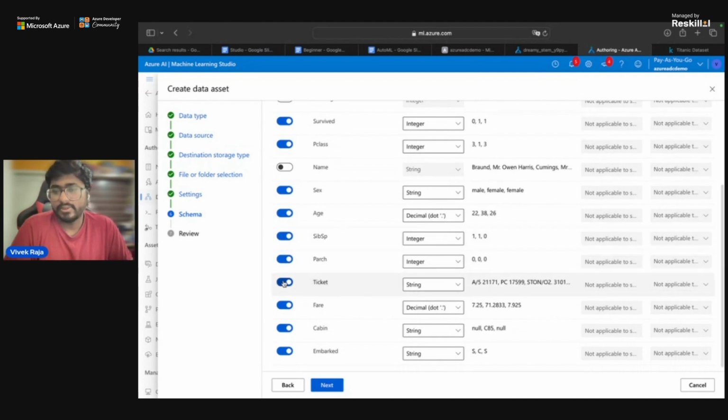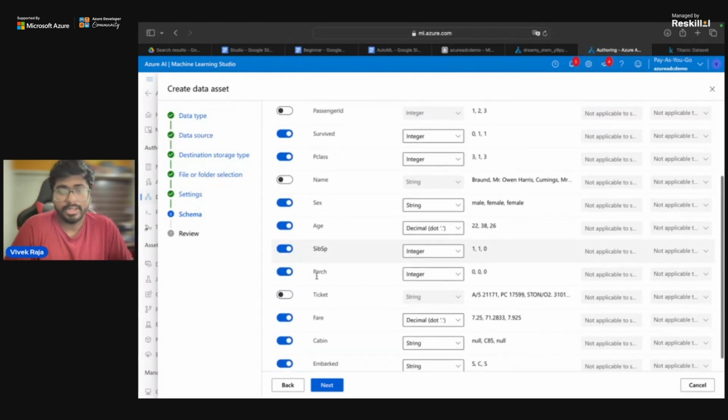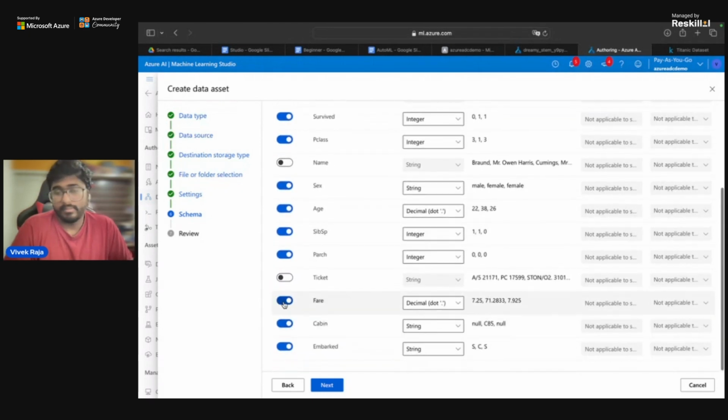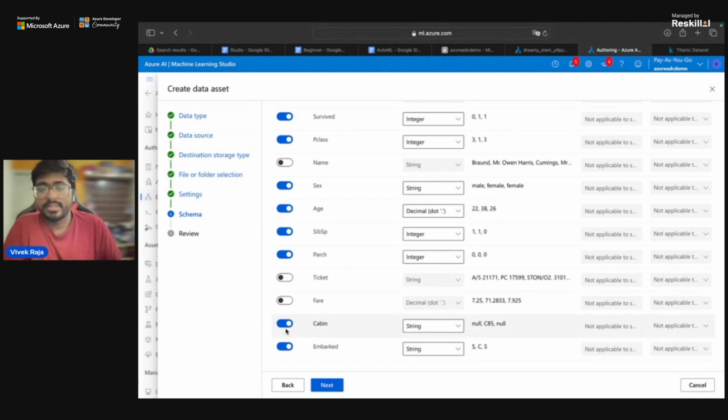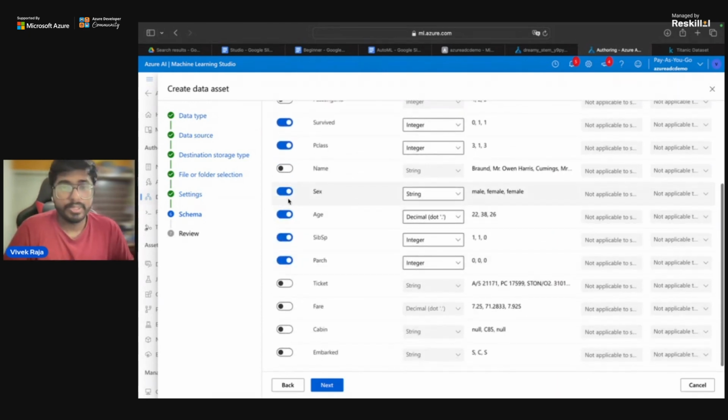Ticket ID really does not mean anything because we know where people are seated from the class and the patch, etc. And even how much I paid will not really help me see if I survived or not. No, it's not going to work. And for now, to make it very easy, we're not going to touch strings today. So let me remove that as well. We're going to work with a lot of integer values, which is going to be this one.